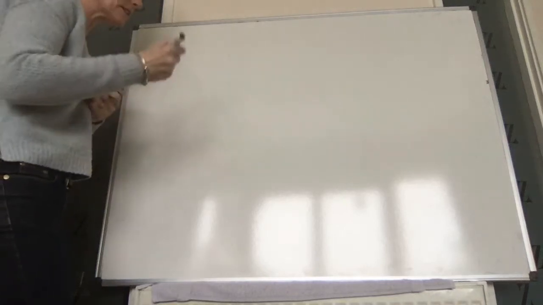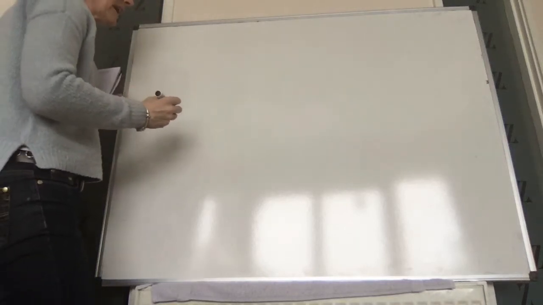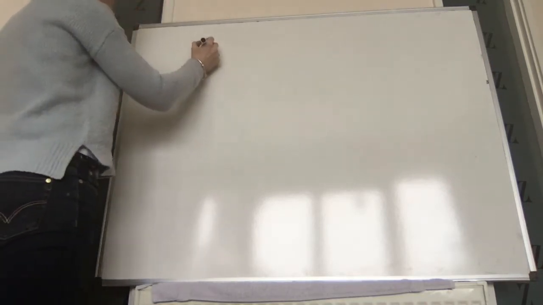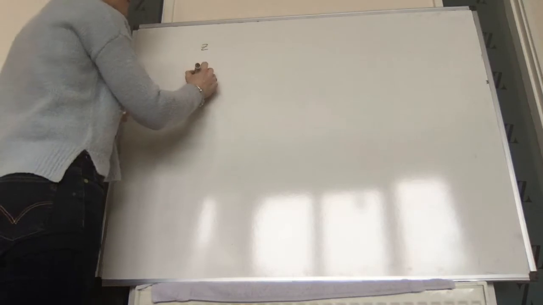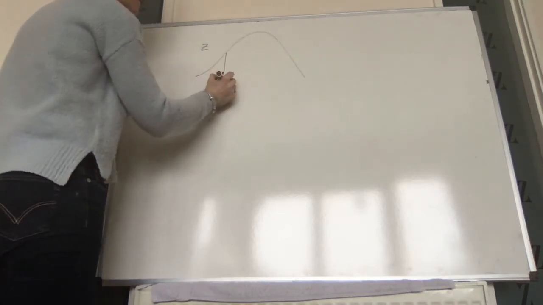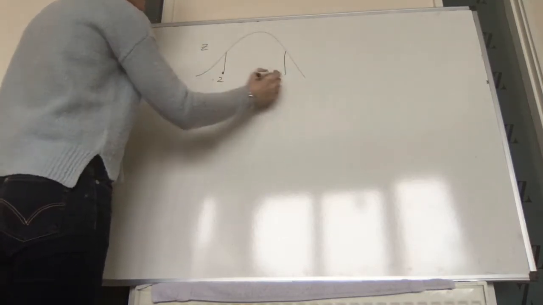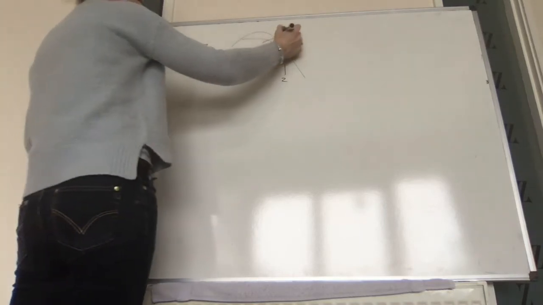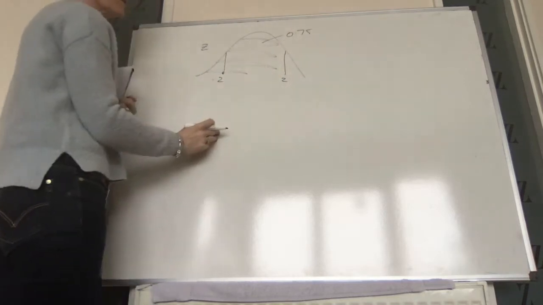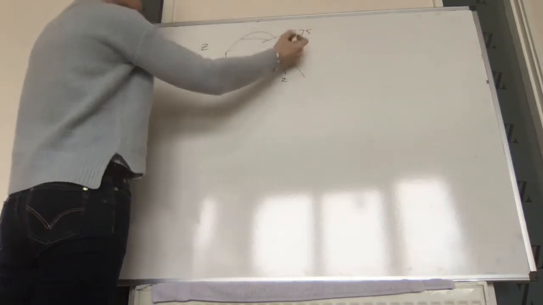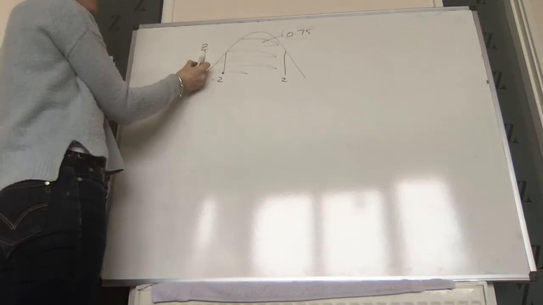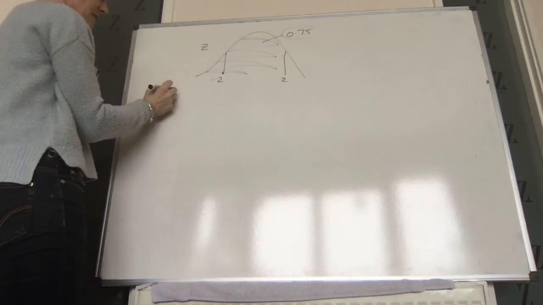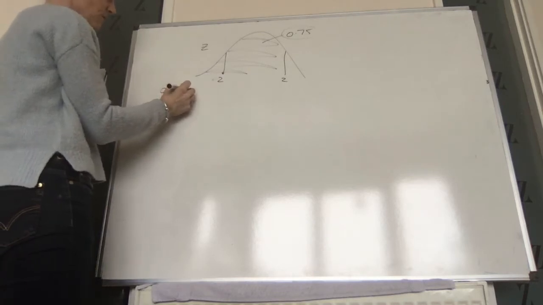From that previous video, the value of Z, I couldn't look up the tables because they were on my laptop, which is recording. But the value of Z, if you remember, you had the minus Z and a Z here, and we wanted this area to be 75% or 0.75. So you had to go into your tables and look for 0.75 and then find the corresponding Z value. Well, when you go into the tables, there's not 0.75, but there's 0.7518 or something, and there's